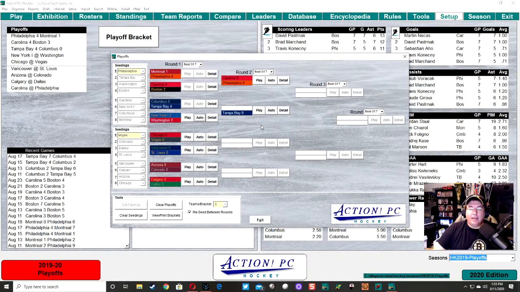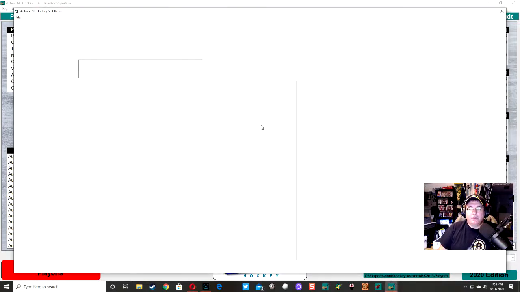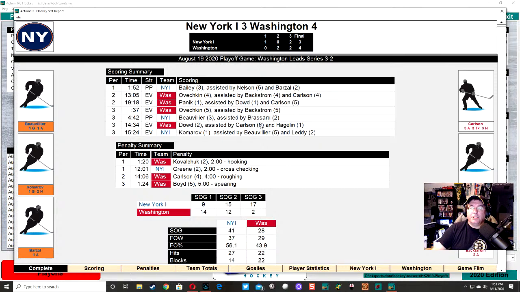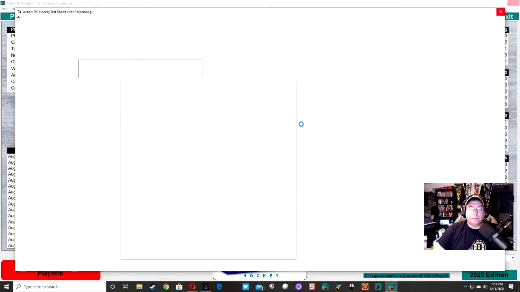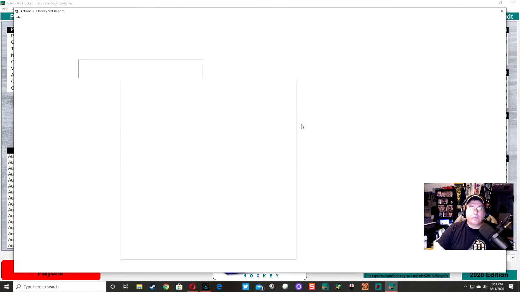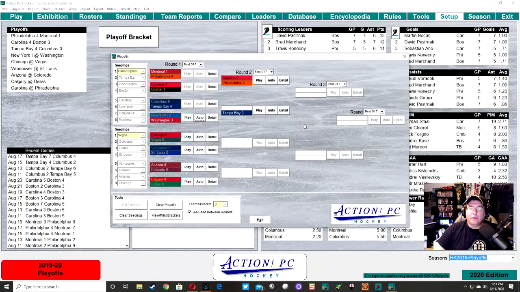So let's auto-play game 5. See who's going to be playing Tampa Bay. Yeah, it might wait till the end of the first round to reseed everything. Be interesting to see if the Islanders do win or not. No, Washington comes back again, so we might not be able to see that. Because Washington's up 3-2, looking to take this in 6 games after dropping the first 2. And yes, they do. They come back and they take that. So it will be